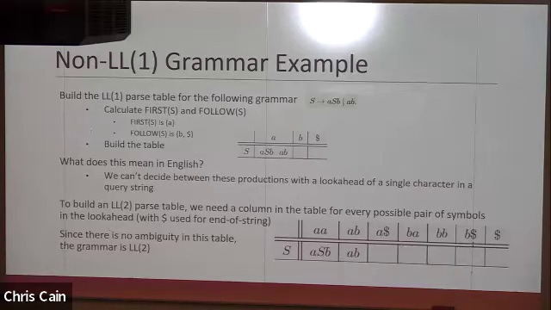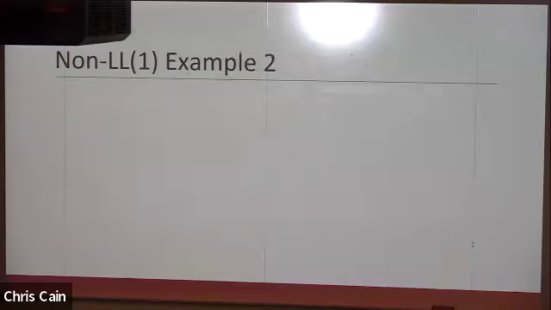And then when we were to actually go do the parse, instead of having a look ahead of size 1, we would have a look ahead of size 2. We'd be looking for the next 2 characters in the string. And we would need some way of mapping the next 2 characters in the string to what's on the stack. Any questions on this? All right,